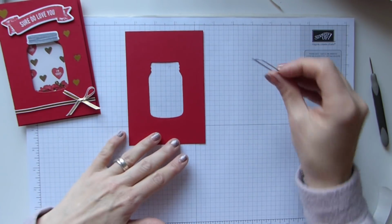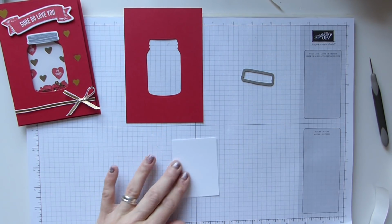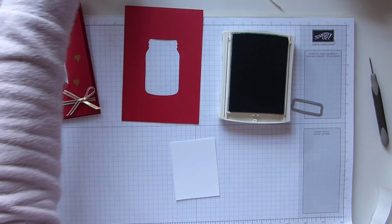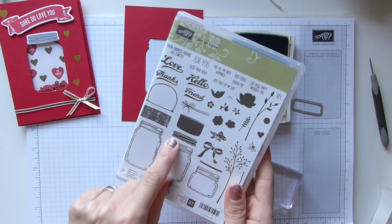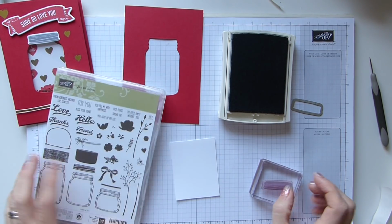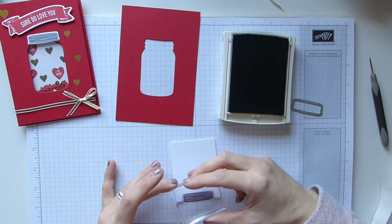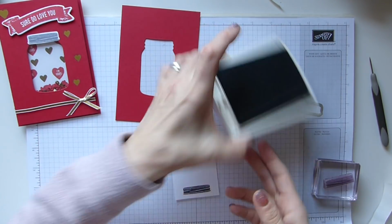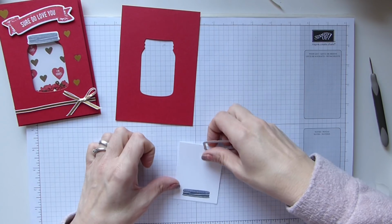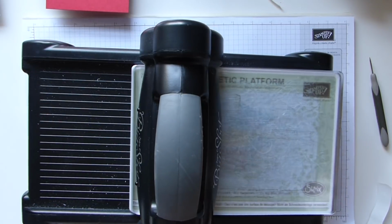Flip it back over and I'm going to do my lid. So I've got some white cardstock here, some basic grey. I'm going to grab a block, and I want this little jar lid that's in the stamp set here. So just grab him out and then just ink him up and stamp him on. Get rid of that. So now I want to die cut the jar lid out. So back in with my Big Shot